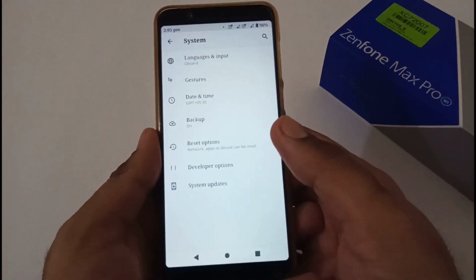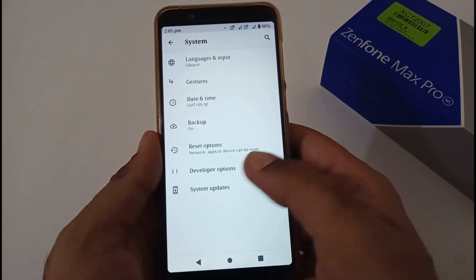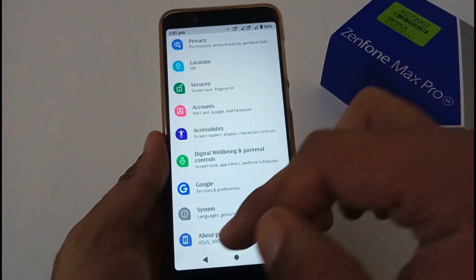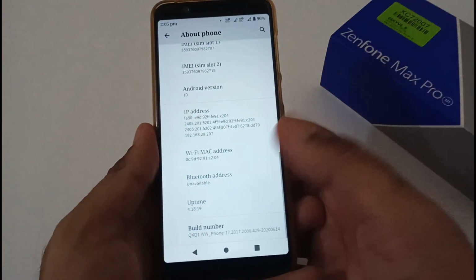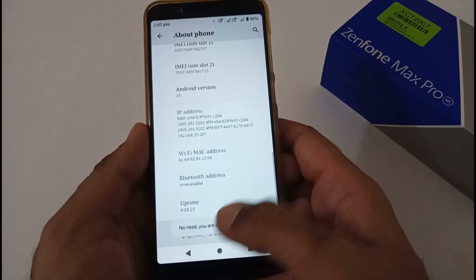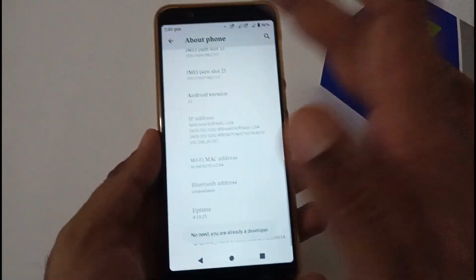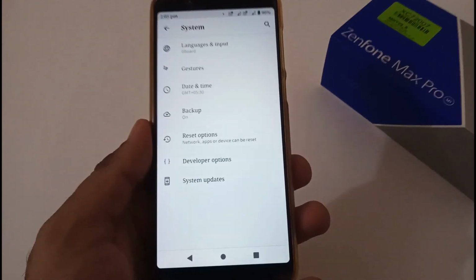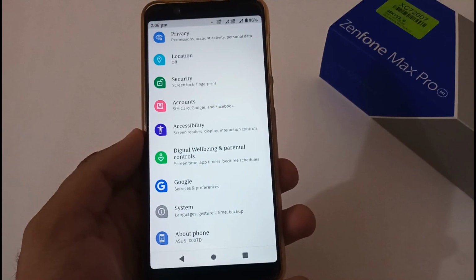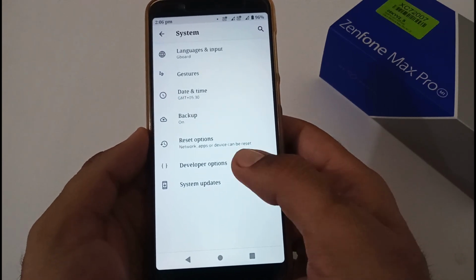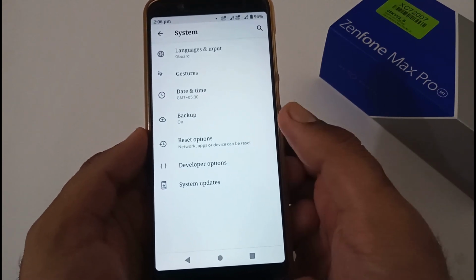As I've told you, we will be going through the first look part as well. So I've already turned on developer option. I need to discuss a few points. Firstly, how to turn on the developer option: just tap 7 to 8 times and afterward it will say you are a developer now. Afterward you have to move to system and then you will be able to view this option, developer options. Then you can go here.